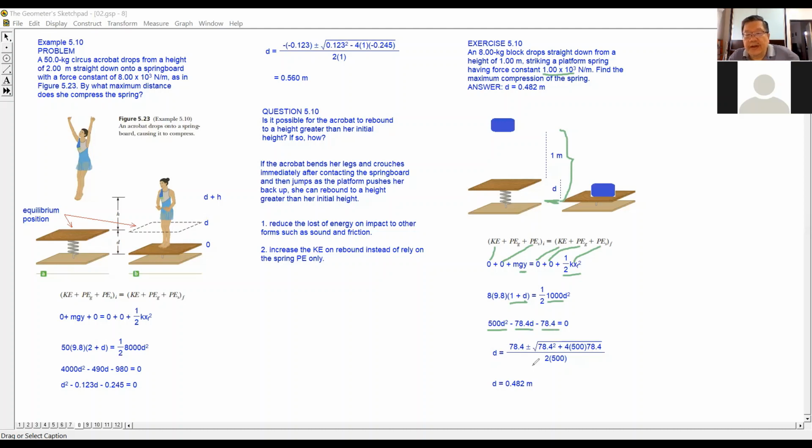So using the formula for the quadratic equation, minus b plus or minus the square root of b squared minus 4ac, over 2a, we get the final compression of the spring as 0.482 meters. So you must know how to solve the quadratic equation using the formula. Any question on this conservation